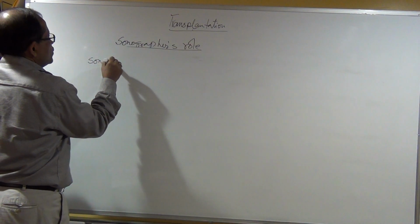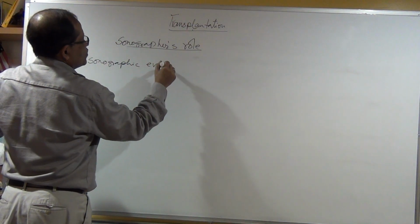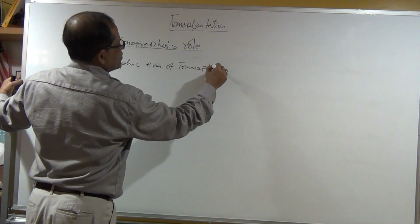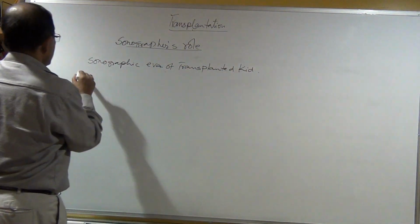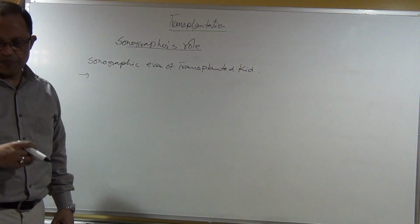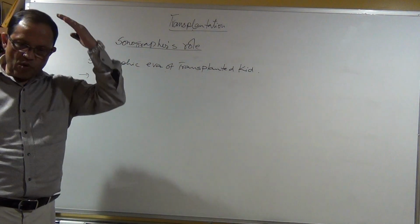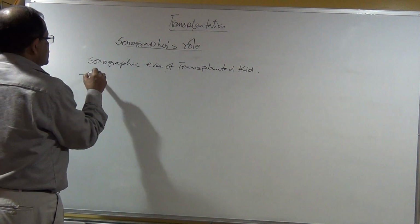Sonographic evaluation of the transplanted kidney. Usually the evaluation is every day. They need a sonographer every day, sometimes in the morning and in the evening too. So what are the points? So now